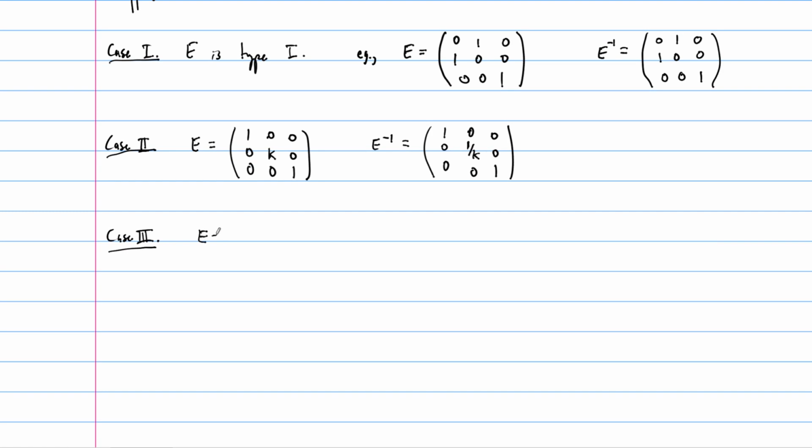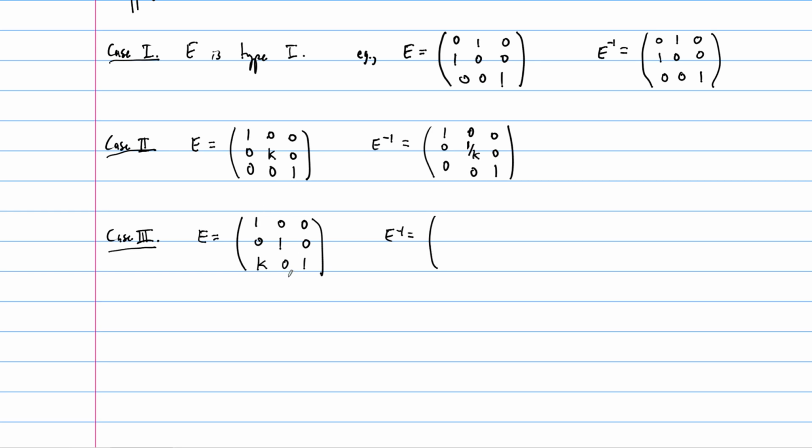All right, case 3 is the last case, right? Remember, type 3 was where we took a multiple in our example up above. We took k times row 1 and we added it to row 3. All right, we want to undo this. Well, what did we do? We multiplied row 1 by k and added it to row 3. So how are we going to undo that? We're going to multiply row 1 by negative k and add it to row 3. Or you could say we could multiply row 1 by k and subtract it from row 3. But that's not how the rule works, right? So it's got to be multiplied by negative k